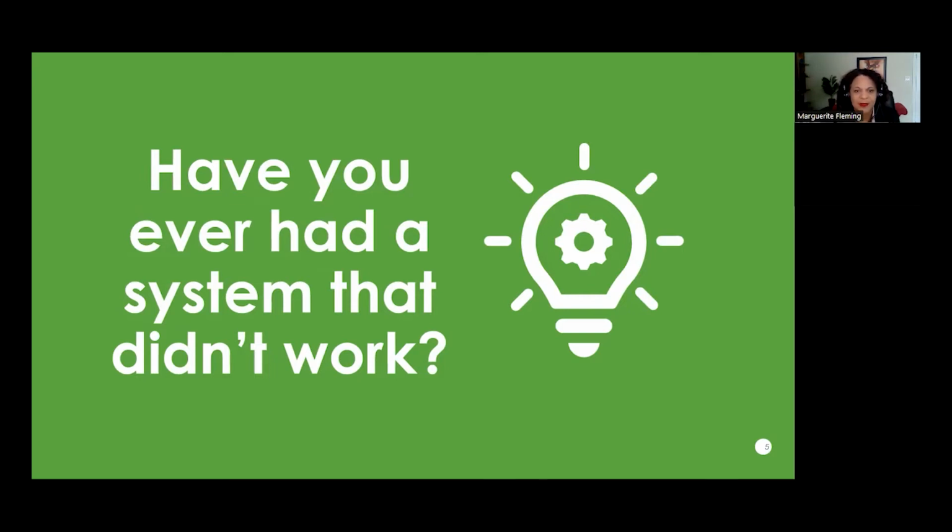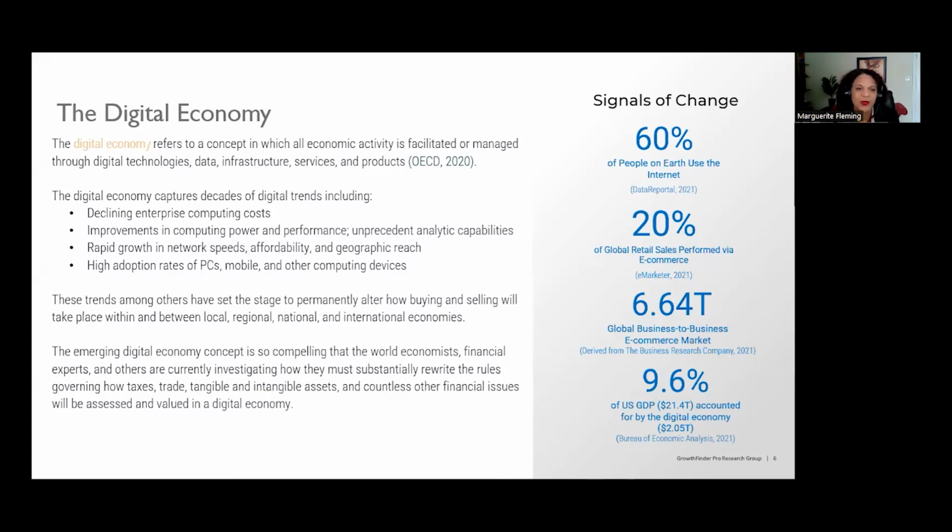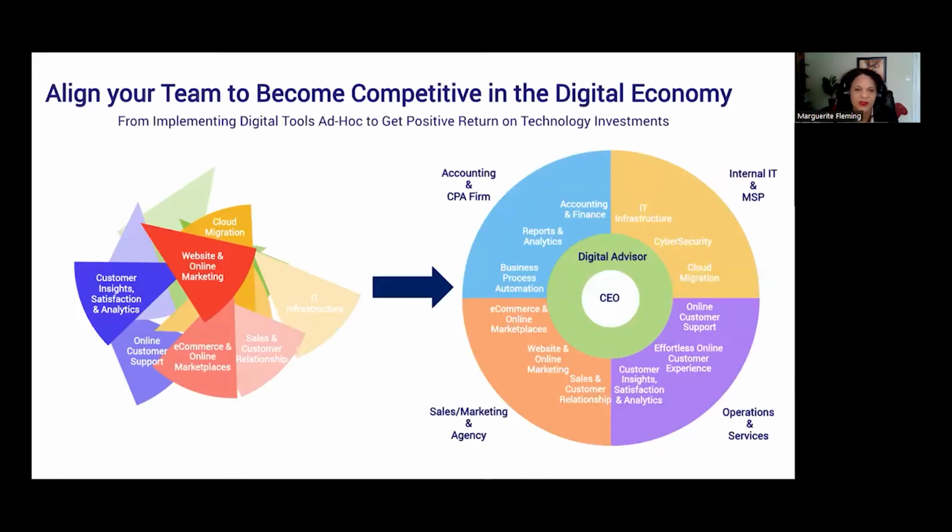And that's what we're talking about here. We know that companies that are investing in digital technology are the ones who are going to be leaders in their business. I mean, there's all sorts of stats out there. You probably are aware of them. We know that we have to do this. The rest of the world is investing. They're making their businesses more productive, more effective. They're investing in updating systems and processes. And we need to too. And that's really what this is all about. That's what digital transformation does.